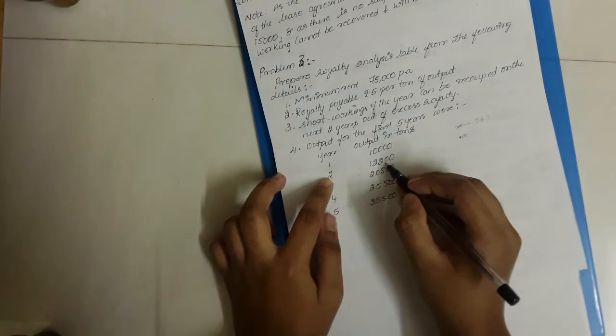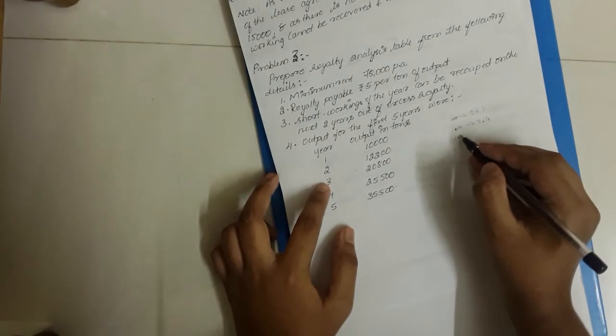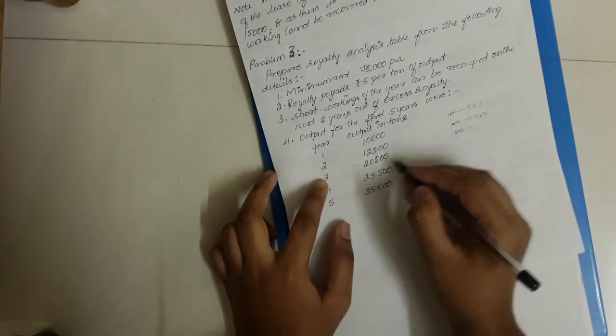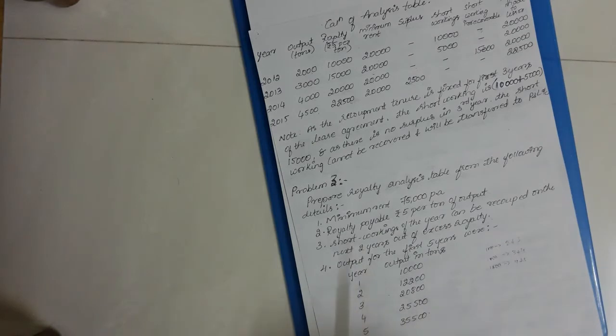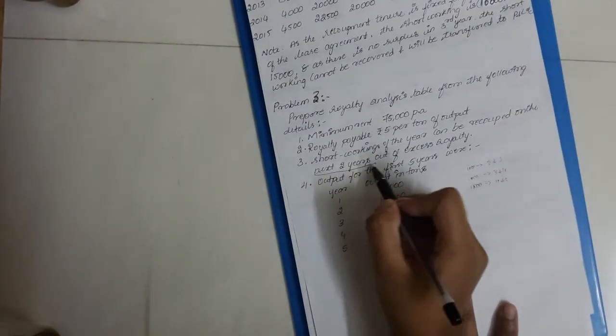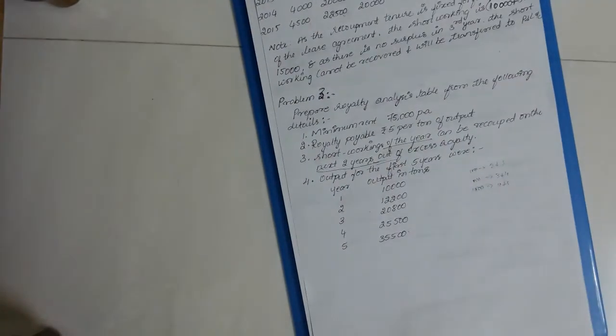In the second year we have 1,000 short workings. So these short workings of 1,000 can be recovered in the third and fourth year. In the third year we have 1,000 short workings. So that short workings can be recovered in the fourth and fifth year. This is just an example. But in case of fixed, in the first 3 years itself you need to recover the short workings. After that, even if you earn surplus, you can't recover that. But in case of floating recoupment, you can recoup in the next 2 years out of excess royalty. So in this way you can understand the floating recoupment method.